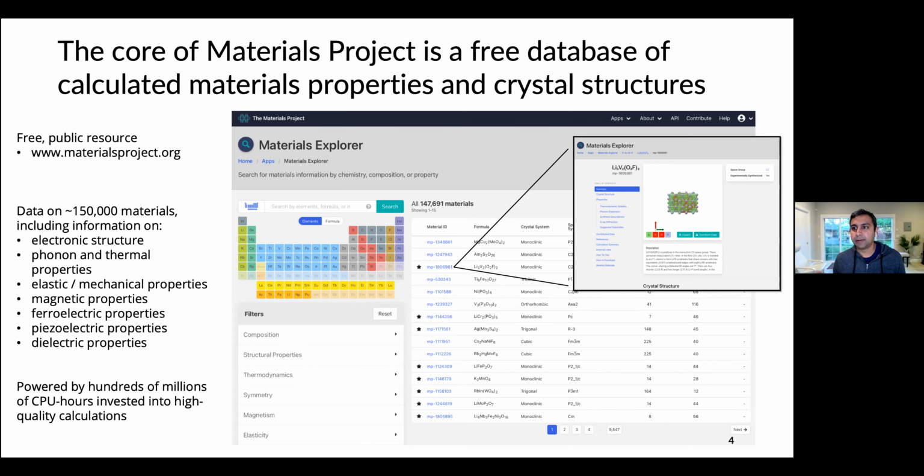There's actually also a button on Materials Project where you can request that certain properties be calculated. So for example, the elastic tensors. If there are certain materials that you are particularly interested in, there's a button that you can click and that will automatically prioritize that compound to be calculated versus some of the other compounds. So most of the Materials Project is really calculated data. It's been powered by hundreds of millions of CPU hours in these density functional theory calculations. I say most because, as I'll talk about later in the talk, there's also a contribution section where people have contributed experimental data as well.